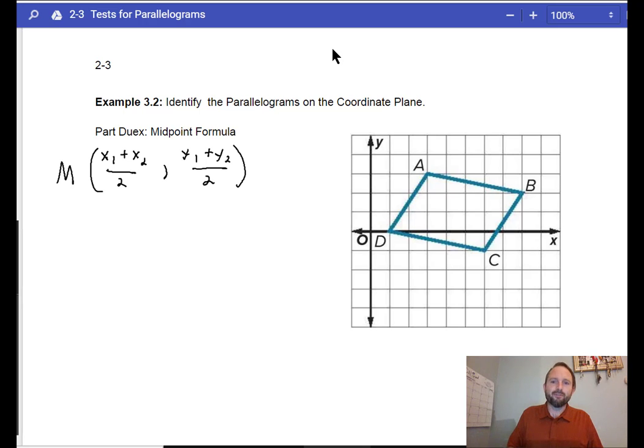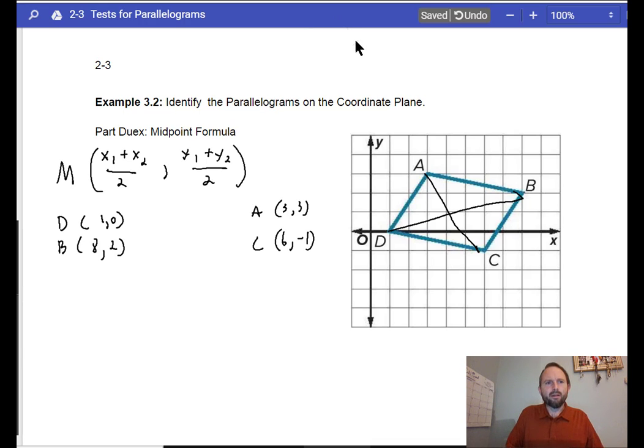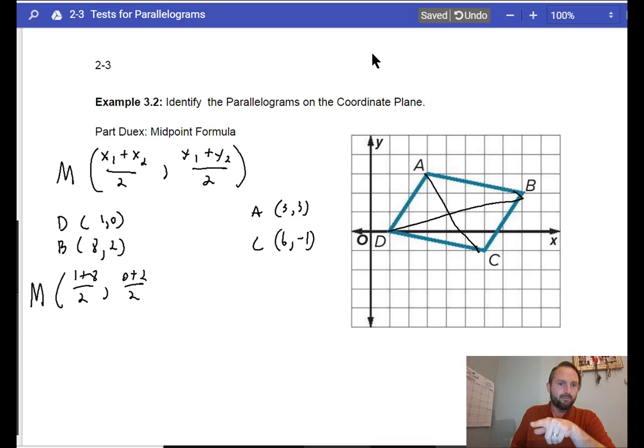So basically what we're going to do is figure out the midpoint of DB and AC. All right, so here are the values of D, B, A, and C. So we're going to figure out the midpoint of DB and the midpoint of AC. So the midpoint of DB would be 1 plus 8 divided by 2, and then 0 plus 2 divided by 2. And the midpoint of AC would be 3 plus 6, the x's, divided by 2, and then the y's